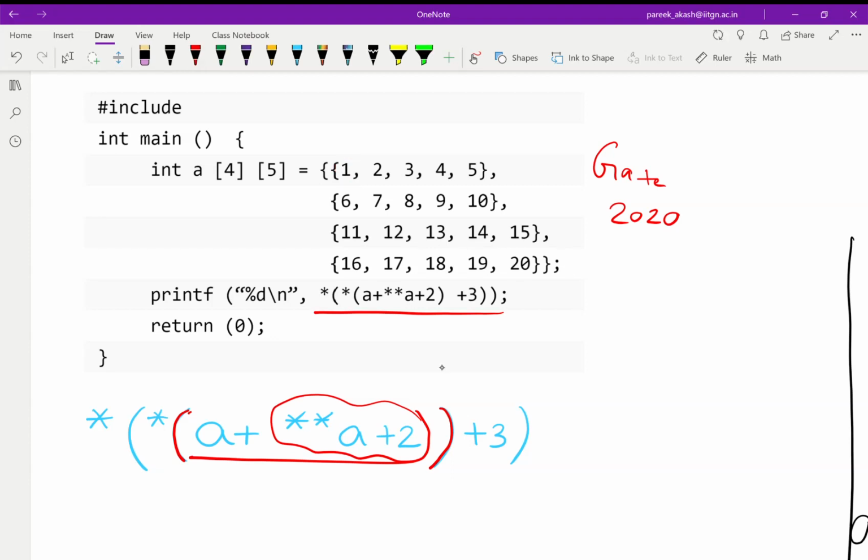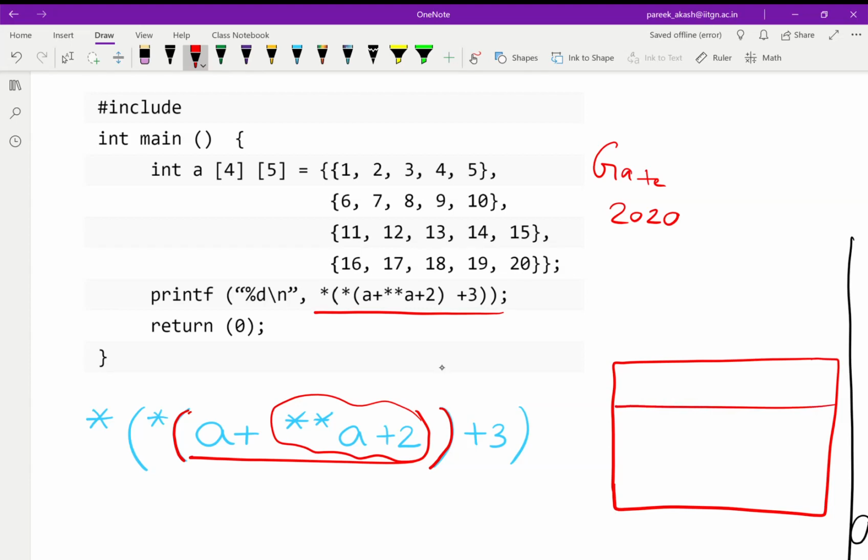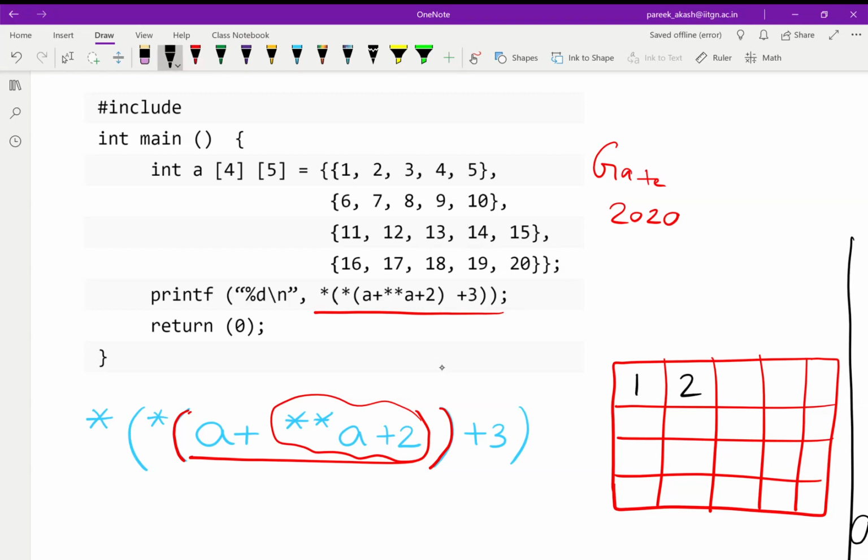So let us just make this array so it will be better to analyze. We have 5 columns and 4 rows, and the values are 1 2 3 4 5 6 7 8 9 10 11 12 13 14 15 16 17 18 19 20.